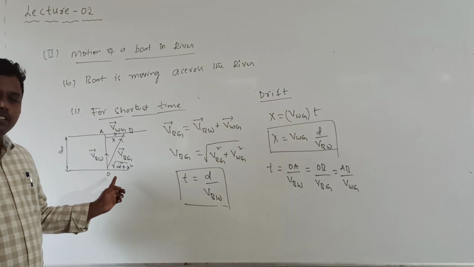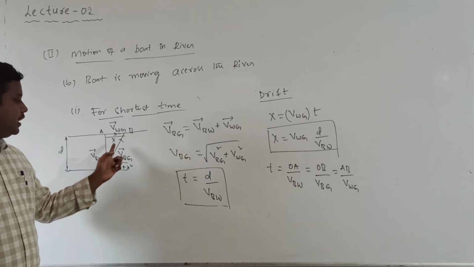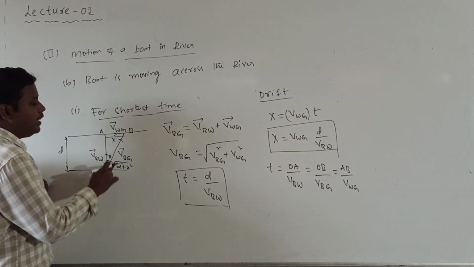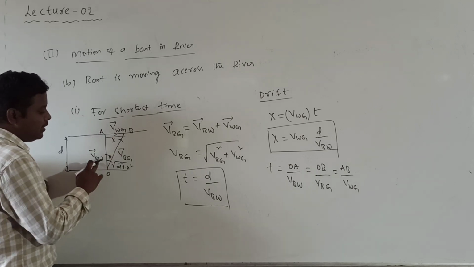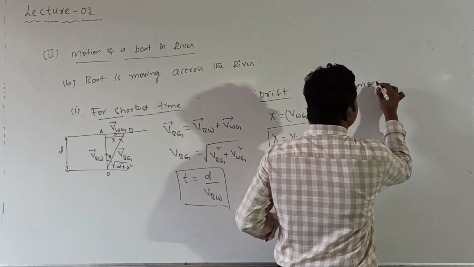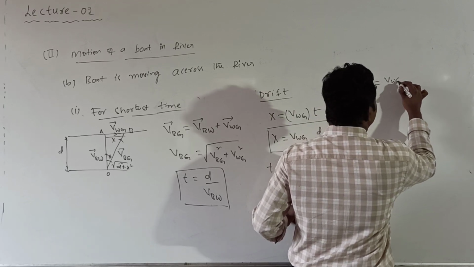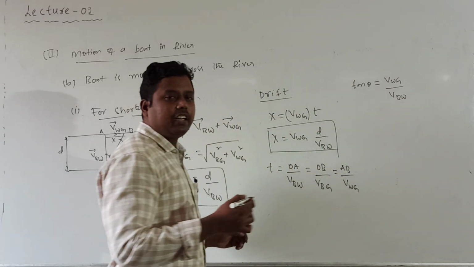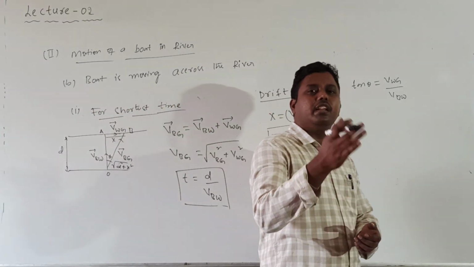Similarly, you can calculate the direction. What is the angle made by the line joining the final position of the boat with the initial position, with the normal? That angle we call theta. In this, VWG value I know, VBW value I know. This is the opposite side, this is the adjacent side. So tan theta is equal to VWG divided by VBW. By knowing tan theta we can calculate theta. The theta is used as the direction of reaching the boat.